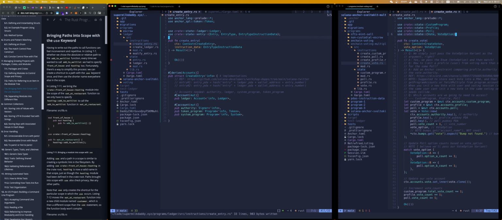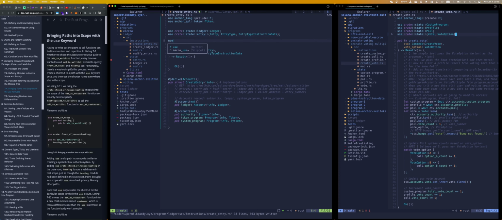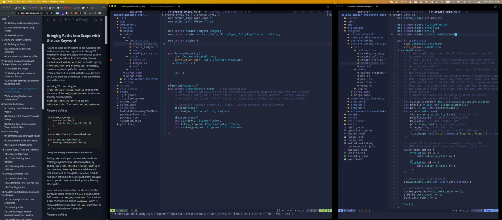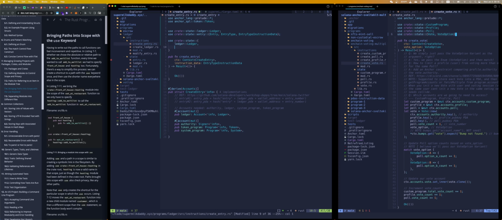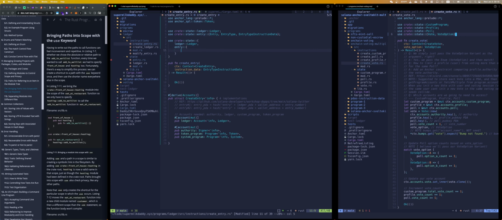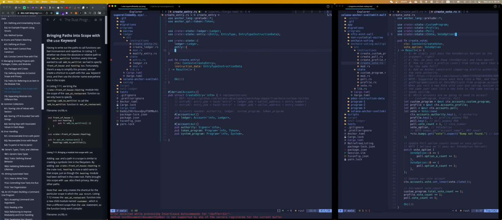I think this could work. I think another way of writing this could be use create state and then inside ledger and entry, and then